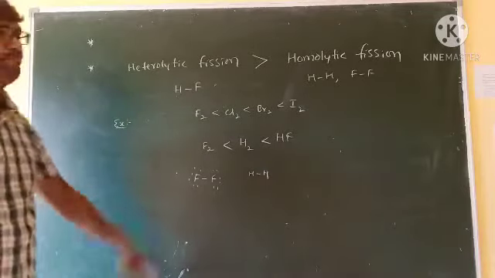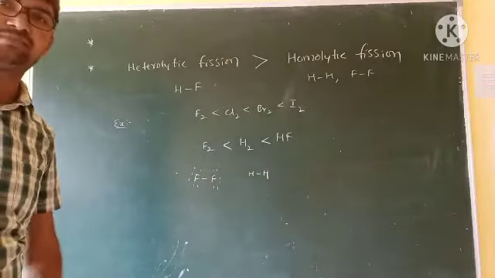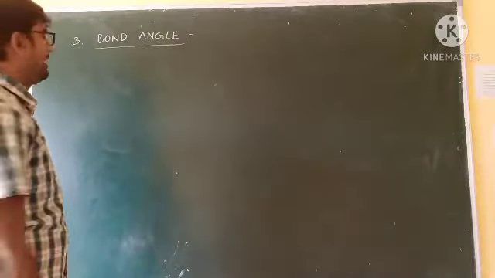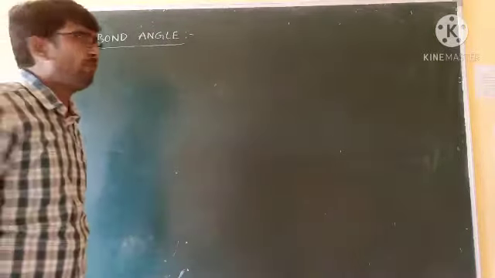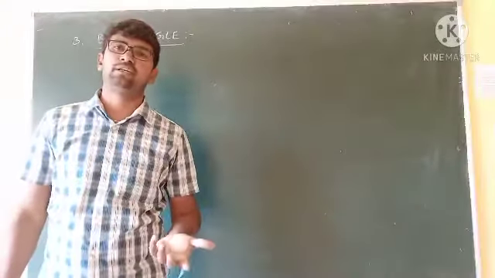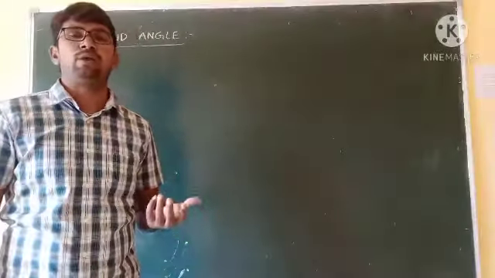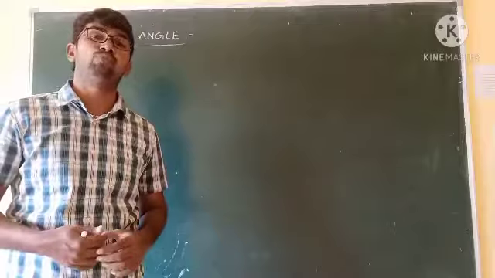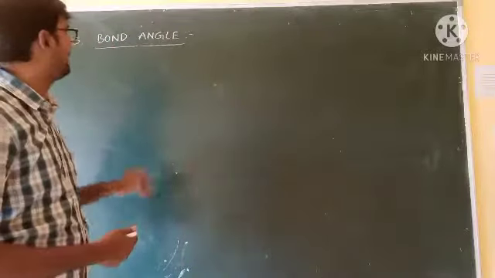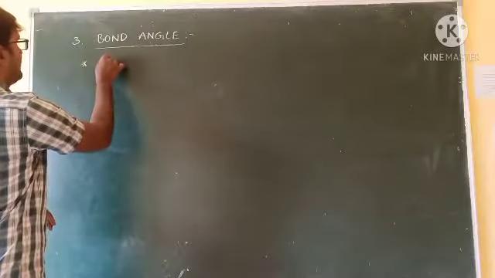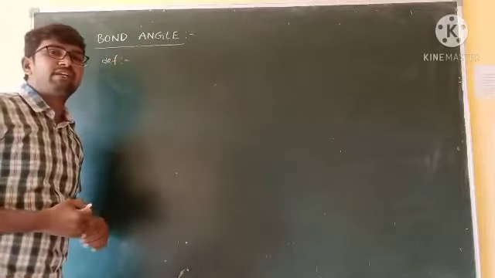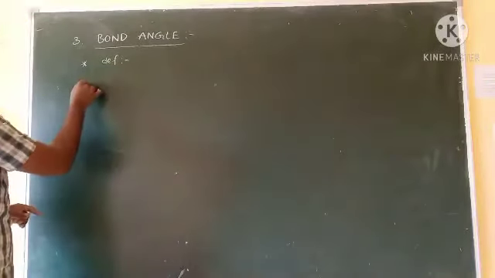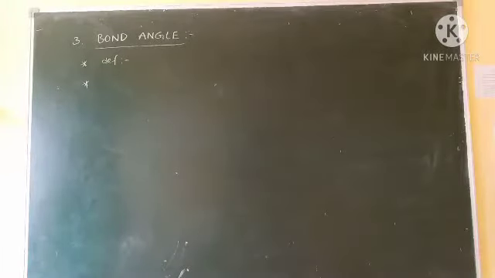Okay, so the bond energy or bond enthalpy concept is also completed. Third one in bond parameters, bond angle. We already discussed in CH4, sp3 hybridization or AB4 model, 109 degrees 28 minutes. In AB3 model 120 degrees. In AB2 model 180 degrees. Write the definition: bond angle means the angle between two bonds at an atom in a given particular molecule.